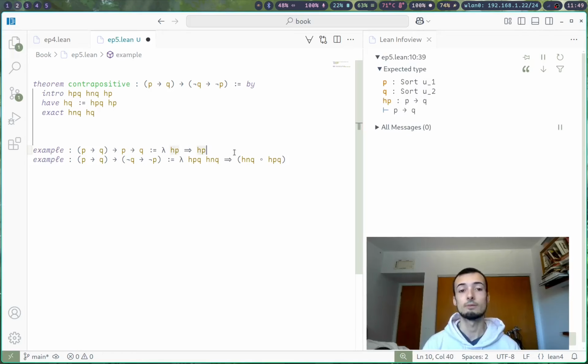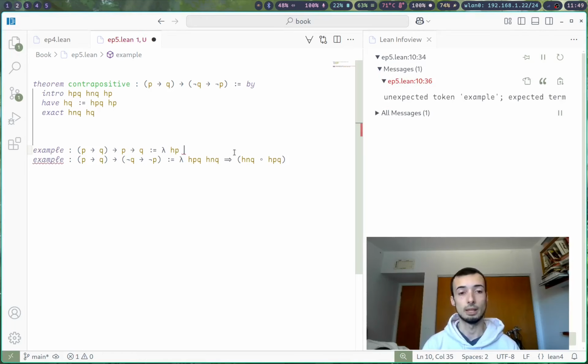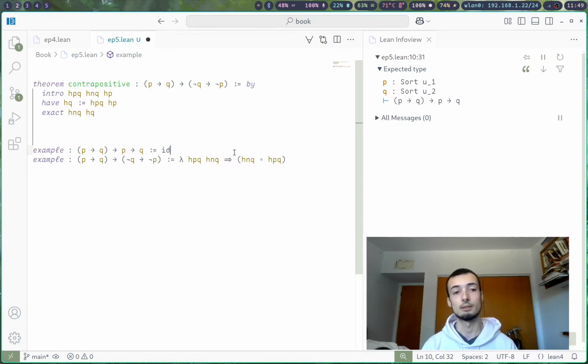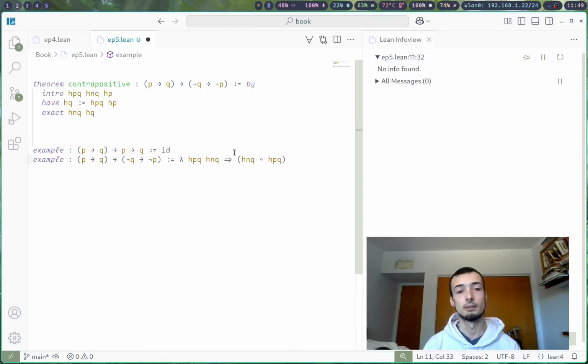And we don't even need to use our own lambda because this is already defined as ID, right? This is ID specialized to a function from P to Q. Okay, well, how can we apply that down here? We can apply that down here